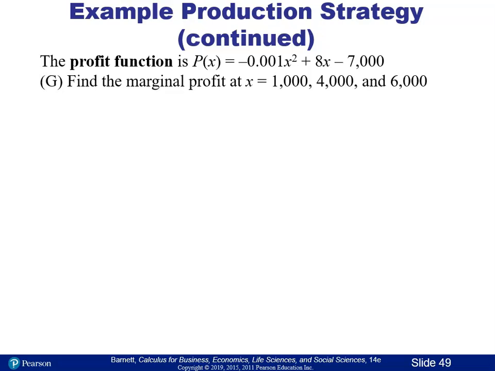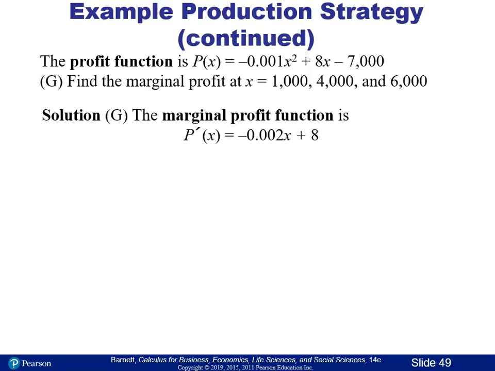If we want to find the marginal profit, we're given the profit equation on this one. So the profit equation, we need to find marginal profit, which is the derivative. So we'll take the derivative of this, and then we're going to plug in the 1,000, the 4,000, and the 6,000. And when we do that, we can see that we have a positive marginal profit at 1,000 units,